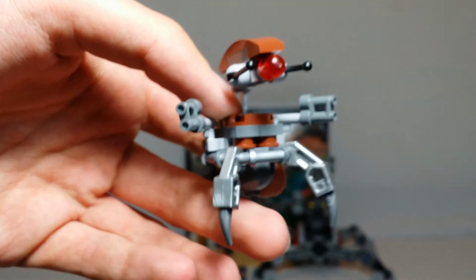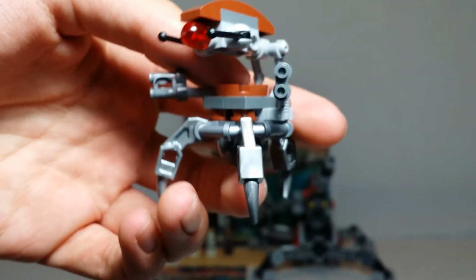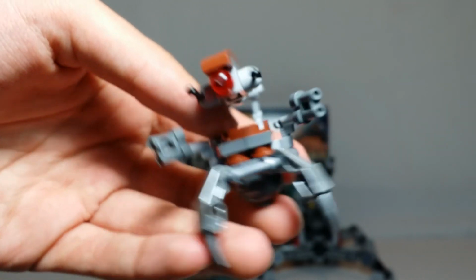But everything else about Plo Koon is completely the same. They really shouldn't write new on the box, but I guess a torso change constitutes a brand new minifigure. Even though they didn't change his head, or they didn't even give him leg printing. But whatever. Our last character, I guess you could say, is the Droideka,